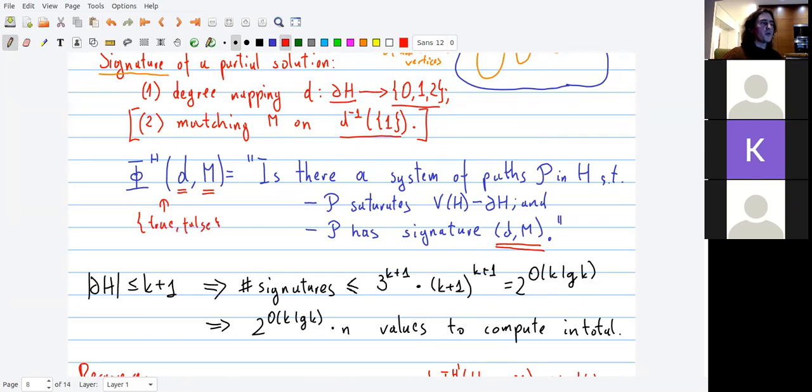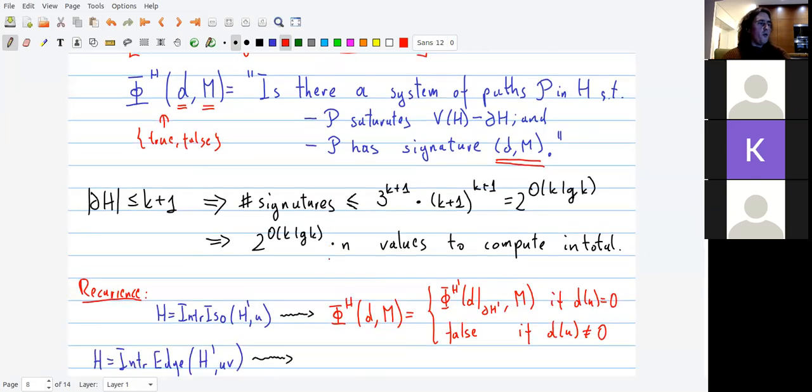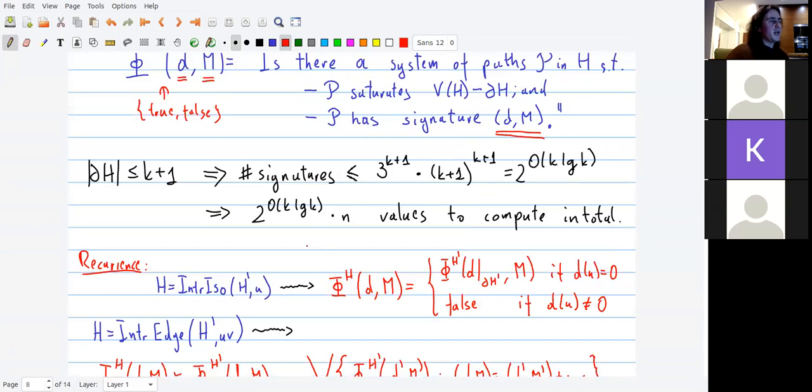In the previous dynamic programming, we were interested in an optimization problem where we were trying to find a maximum size set that has some property. Now we are dealing with a decision problem, so my dynamic program will compute only Boolean values. So how many states of the dynamic programming do we have? Well, the boundary is of size at most k+1 always. So for the number of signatures, for the degree mapping, we've got 3^(k+1) because there are 3 possible values for every vertex. And the number of matchings, well, I can bound by (k+1)^(k+1). And this is actually kind of tight. It's like k^k